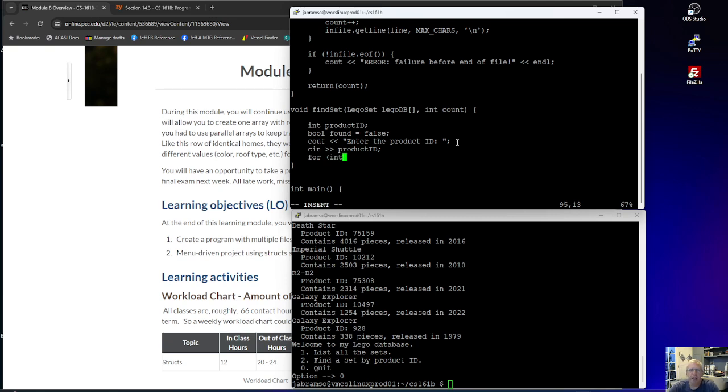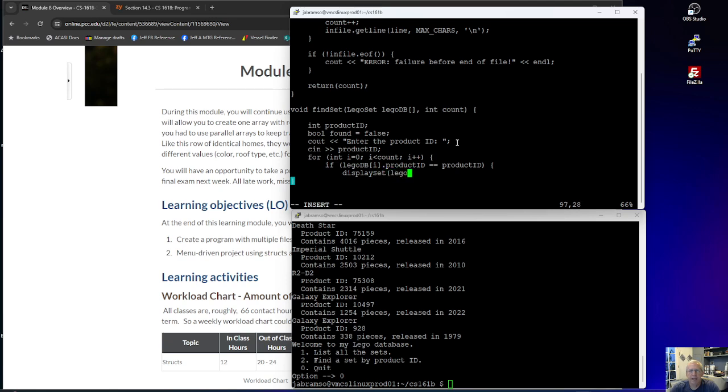There is improvement that you can make here. And we're going to do this by simply going through the loop, and we're going to say if Lego DB of i dot product ID is equal to product ID,